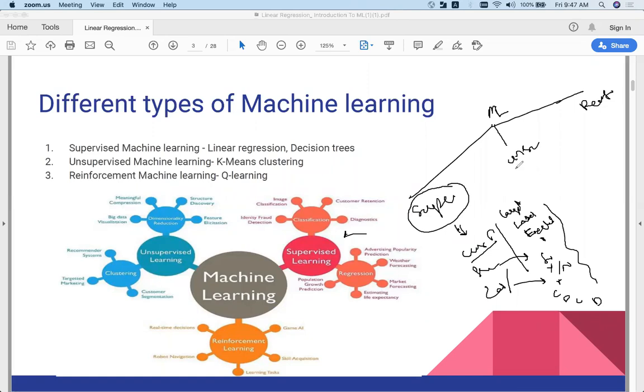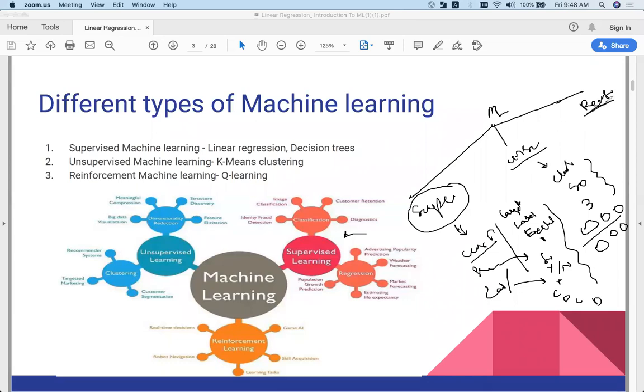Okay. Now, what is unsupervised machine learning? An example is clustering, right? Okay, I have 50 students and I want to cluster them in 3 groups. I do not know males, females, or whatever. I just cluster them: these guys are in the front, these guys are in the center, and these guys are in the back. Or you can cluster them by experience: these guys have 5 years, these guys have 3 years, and these guys have 2 years. So this is clustering. There is no notion of a target variable. That is your unsupervised machine learning.